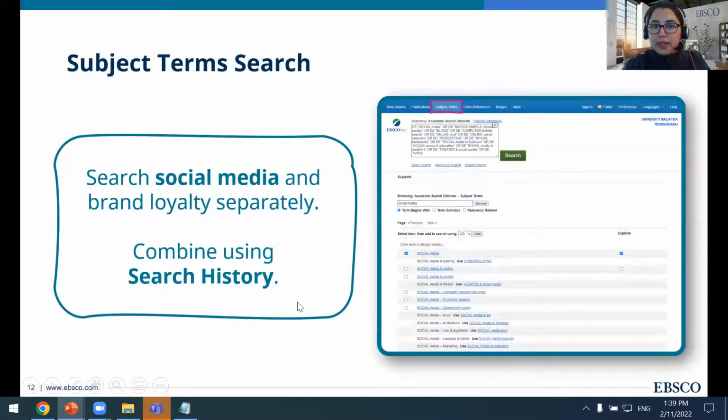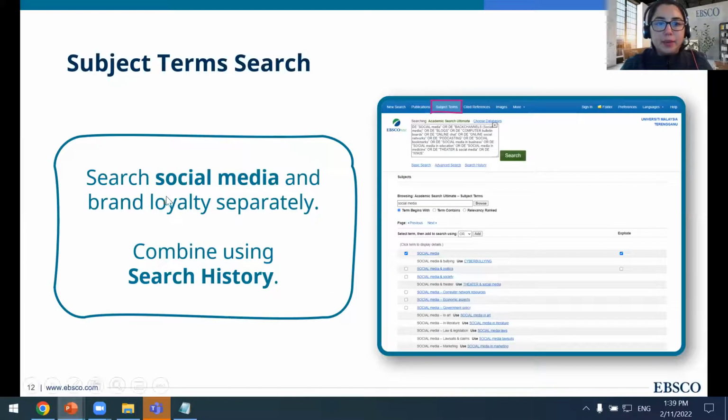You can also run a subject search. So if you're not getting accurate results by using the advanced search, another technique is to go into the subject terms search. So that looks specifically within the subjects field of each article. So essentially every article in the database has subject terms tagged to it. So to identify what the topic, what the concept is. So when you have those tags, you're going to get really specific accuracy in terms of the search results.